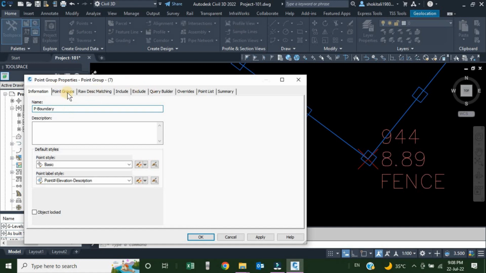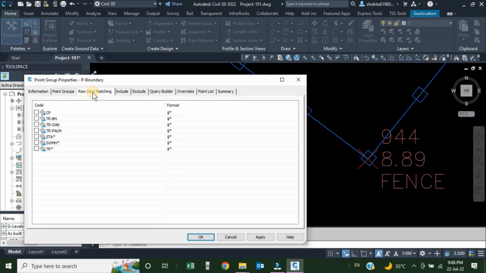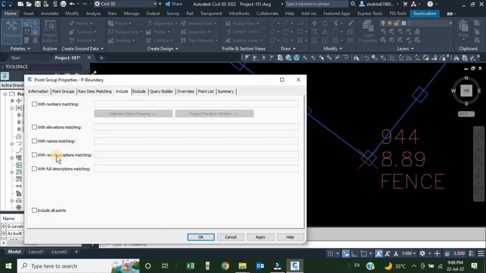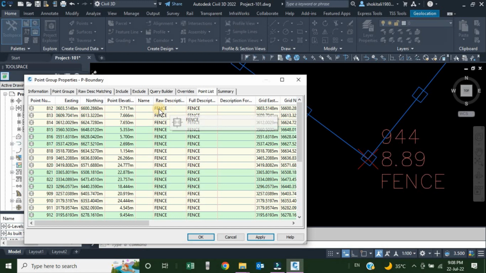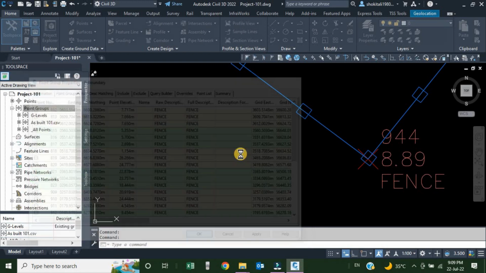Now I want to add the point. So if I go to this raw description matching, I can't see this description is available here because we haven't created any description key for the fence. So again, we will go to the include tab, raw description matching. I'm going to type here fence. After typing the fence, I'll click apply. I'll go to the point list and I can see that all the points which are coded with the fence are added to our list. But if I close this one